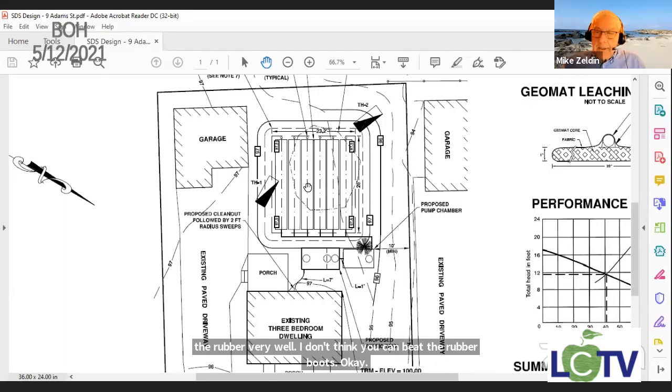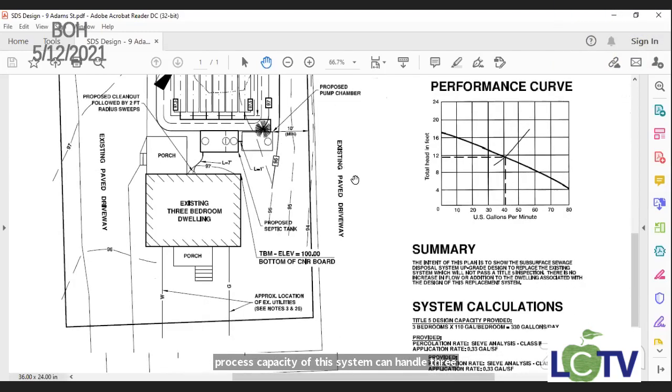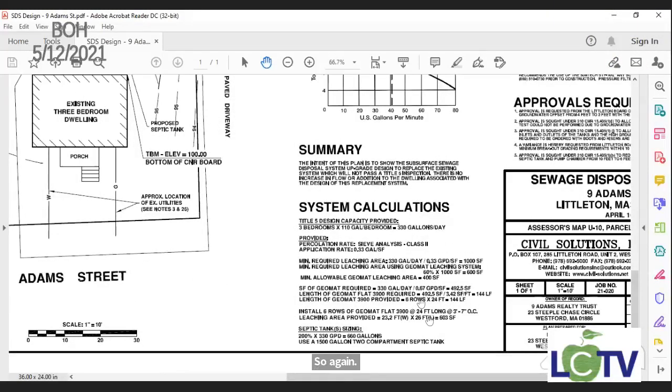I have a question. Sure, go ahead, Mike. You may have answered this and it slid by. It's a 3-bedroom, and what I'm asking is the process capacity of this system, can it handle 3 bedrooms? Yes, it can. So down here in the design calculations,